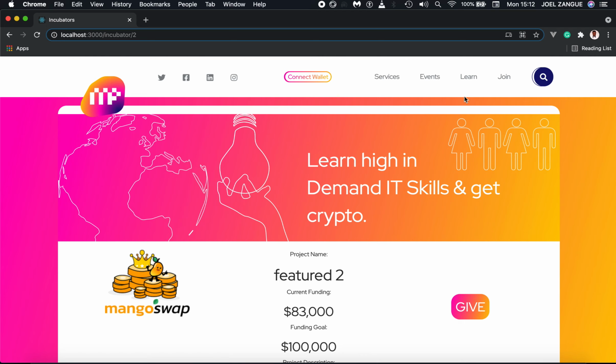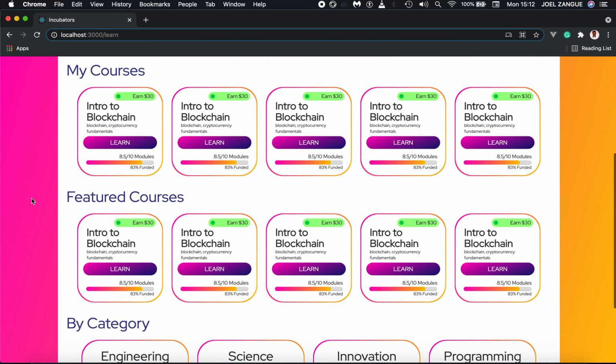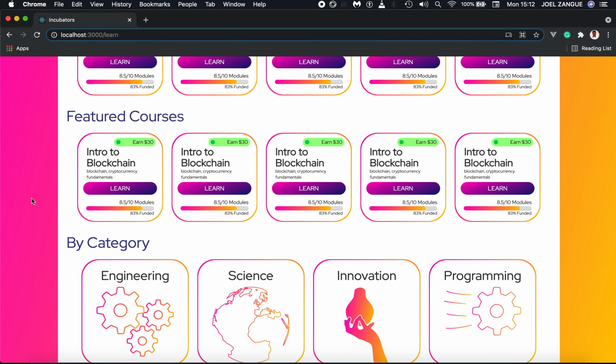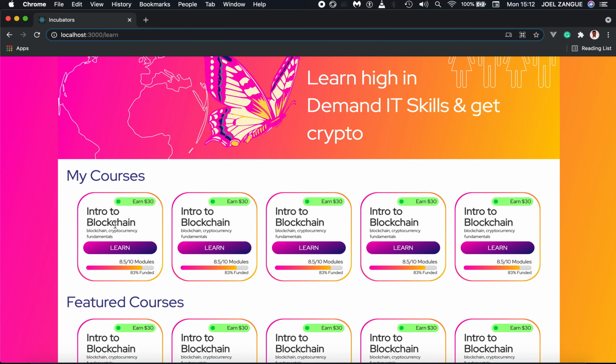Let's head to learn from this menu. So this is the second page that had to be designed from Figma. And basically it's made up of cards, just as the previous page. And I also implemented the learn button here. So if we click on this learn button,